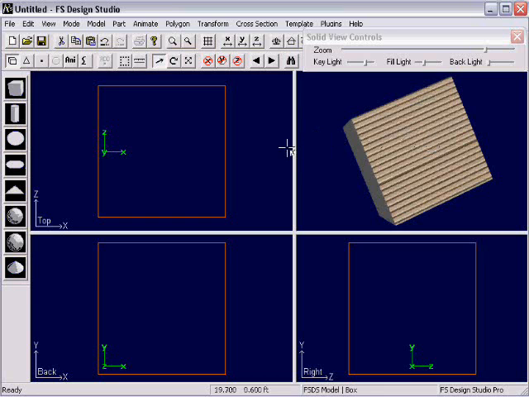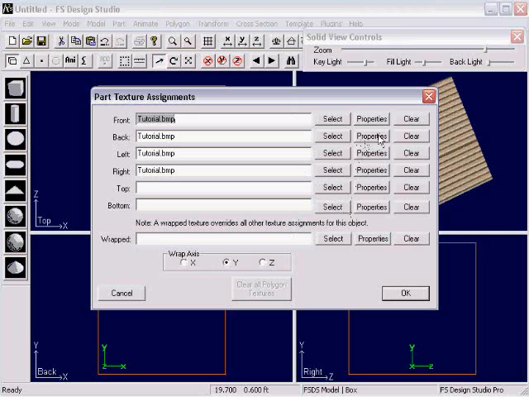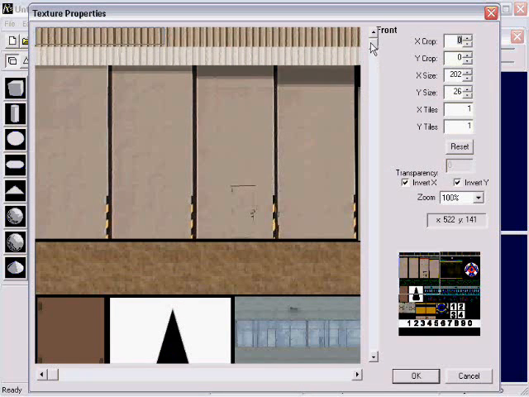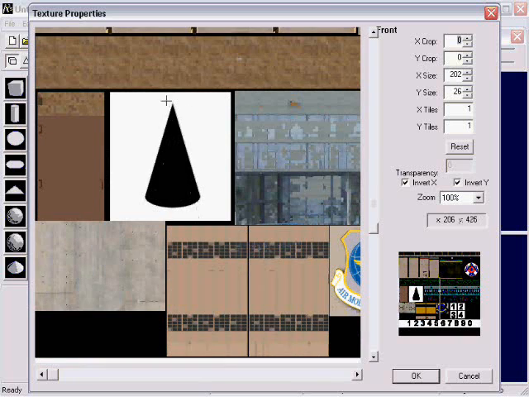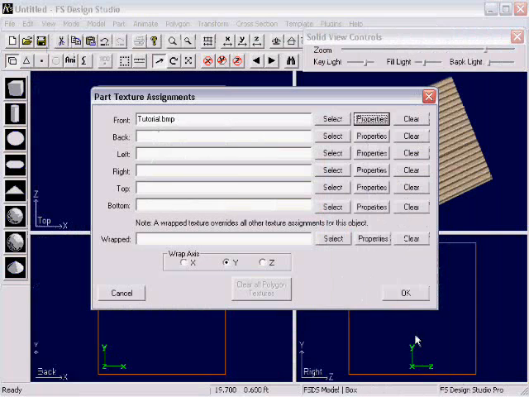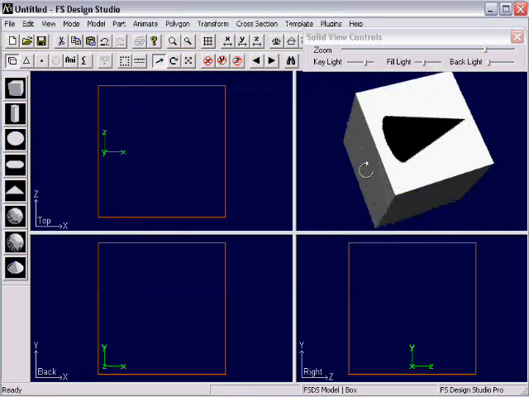But if I come in here and I give it, let me clear out these other guys here, and I give it a slightly different texture definition, it's probably going to change the way it looks. Let me try this shape here and see if it does what I think it's going to do. My point here is to get you thinking about it. Just remember, it's always going to apply the texture based on, no, it didn't do it in this case. There are going to be times though